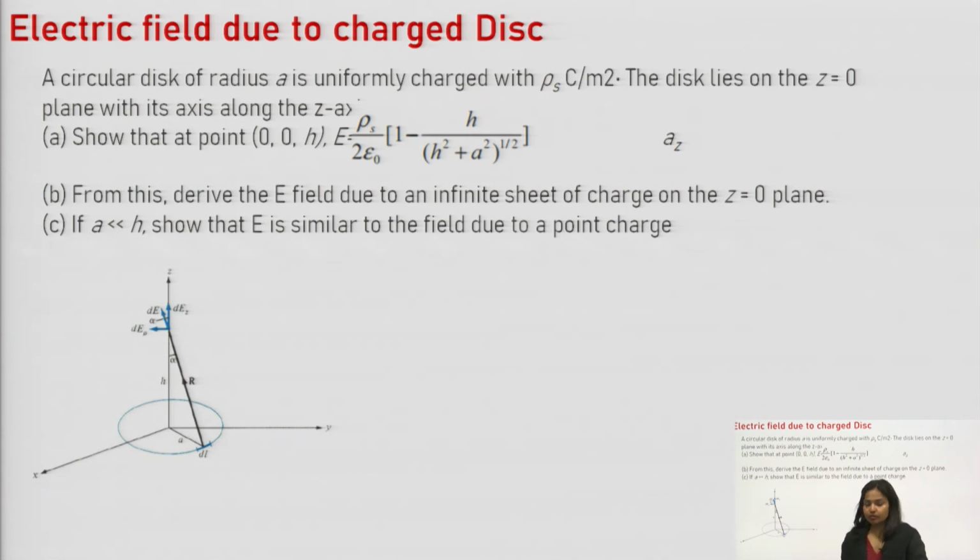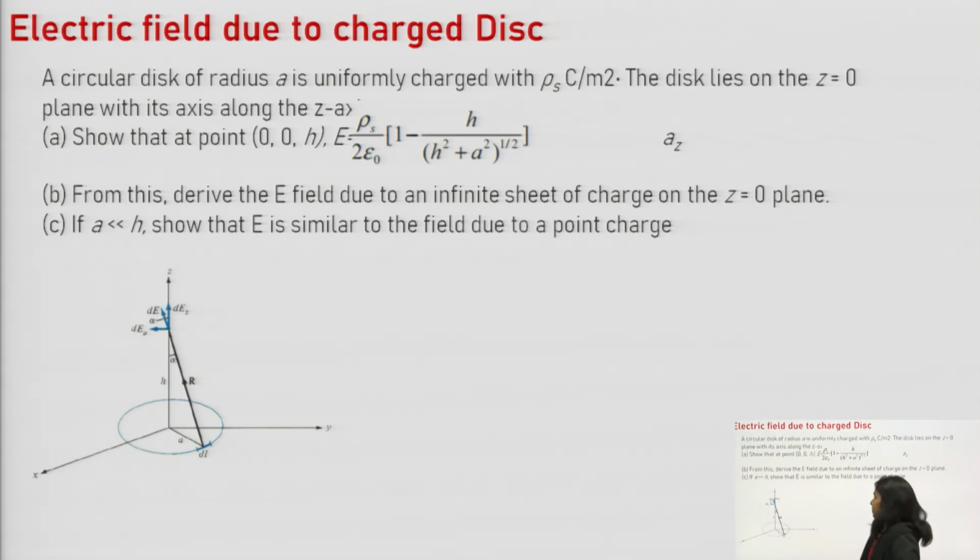Next, in the same way we can find the value of electric field due to a disk also. But remember, in the previous problem we had a ring, that was an example of line charge. However, disk is an example of surface charge. So there will be considerable change in solving such kind of problem. Let us see how to solve this problem. Here a circular disc of radius a is given.